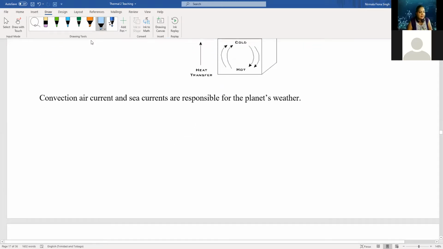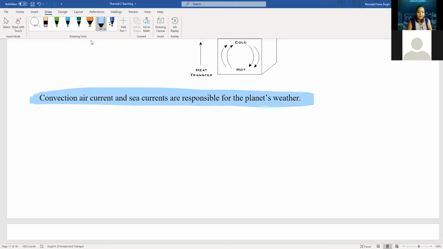Continue reading. Convection current and sea currents are responsible for our planet's weather. If our planet gets too hot, our weather changes. If it gets too cold, our weather changes, and vice versa, right? When our weather changes, we are going to get hotter and colder days, which is what we're going through right now. You know, anybody who's saying climate change is not real,